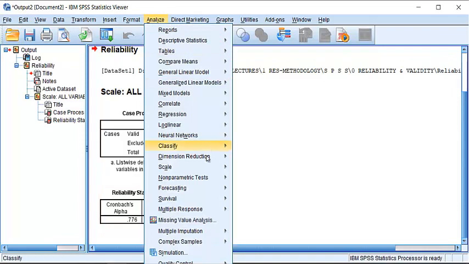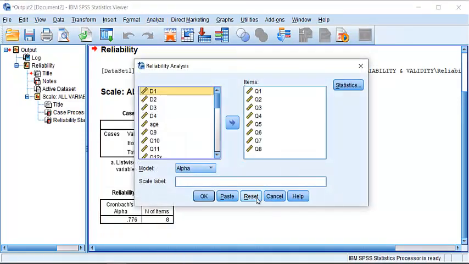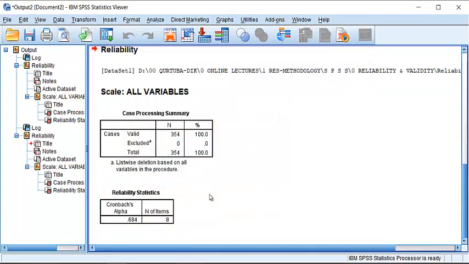Likewise, for the second variable, click reset, and then we shall take the next 8 items, or 8 questions, to 16, enter and OK. Again here we can see that the number of items is 8 and the Cronbach alpha is 0.684, and in this way we shall keep on going till the last, 4th variable.